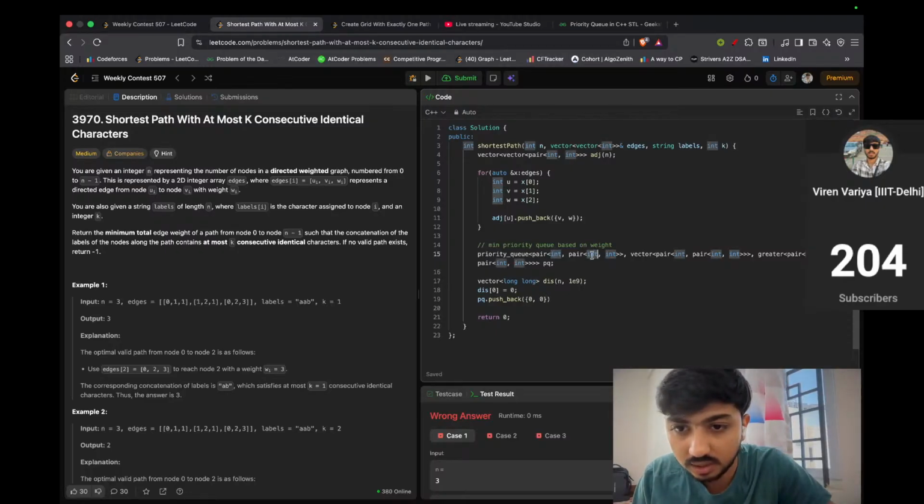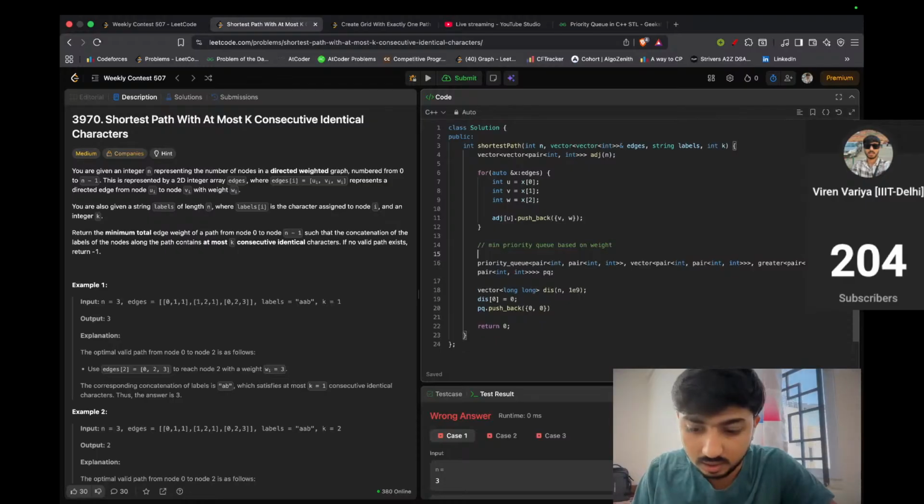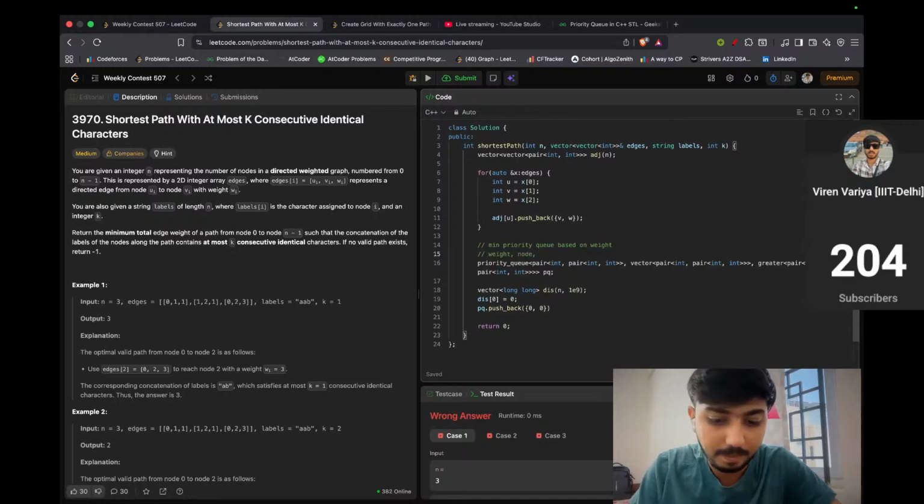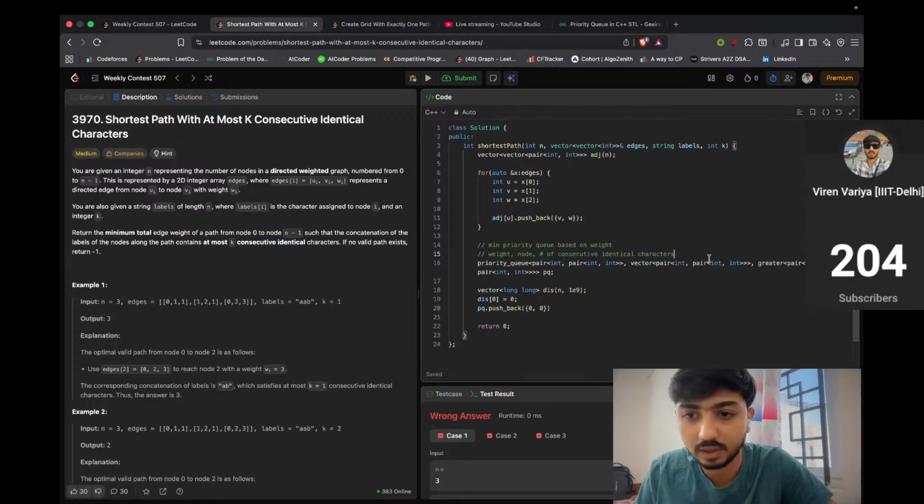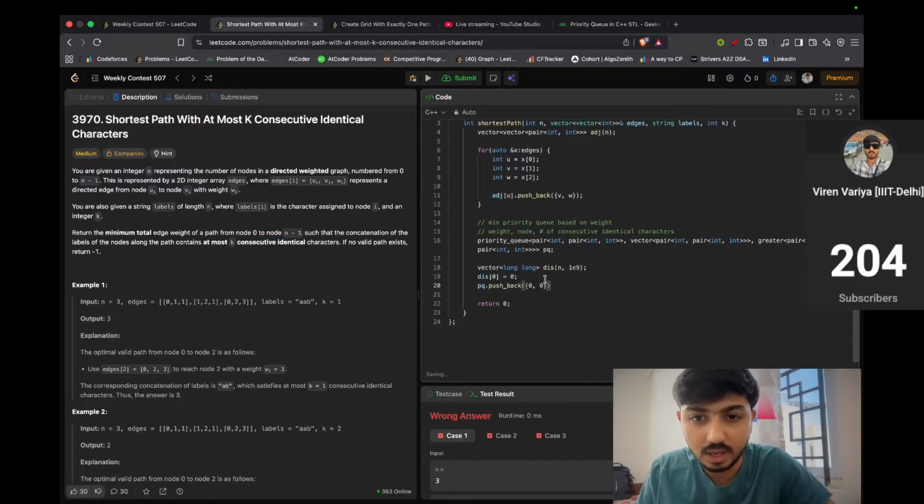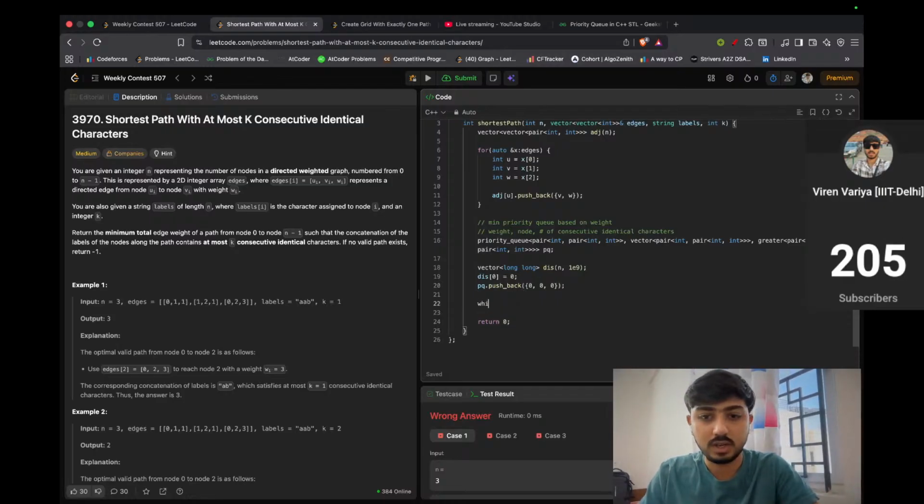This is the weight. Let me mention here, we are storing weight, node, and number of consecutive identical characters. I'm too lazy, I will not write out the things. That's fine. So this, and the number of consecutive characters is also zero, right? While q is not empty,